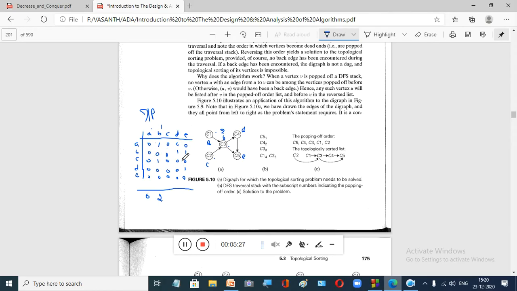See, whenever in an adjacency matrix you represent 1, it means from vertex A to B you have an edge, right? From A to B you have an edge. Now if you read from here, it gives us the idea of how many edges are coming to vertex B. One edge is coming from A, and another edge is coming from C. When you add these two, you get 2. 2 is nothing but the in degree. I think it is clear now.